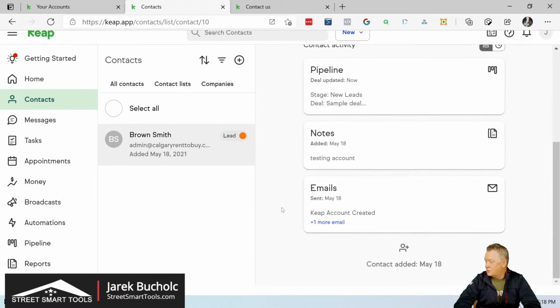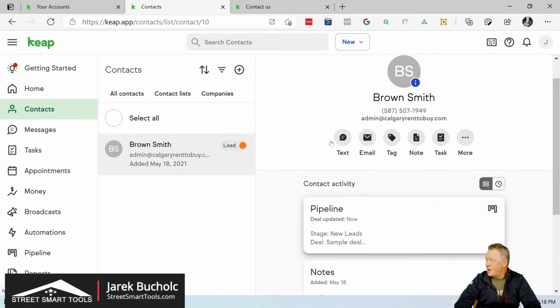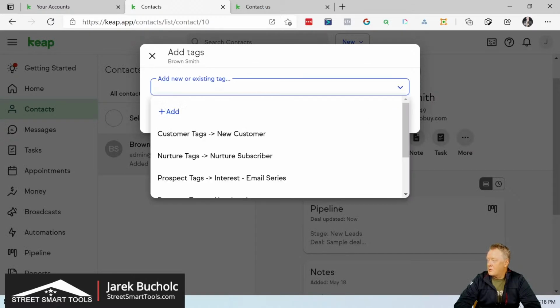Okay, as you see here, it was moved to this application. So you can text, you can email, you can tag it, etc. I think that will be very beneficial, and you can go through the entire pipeline,